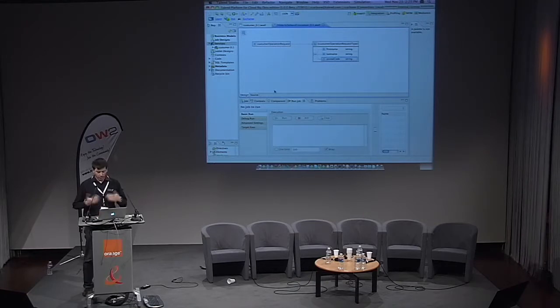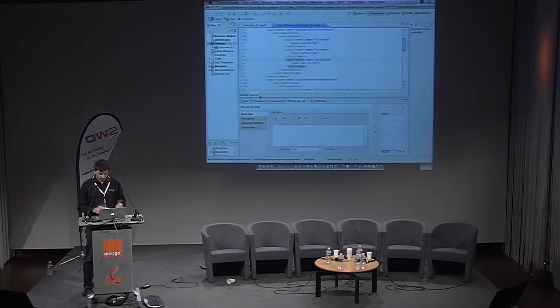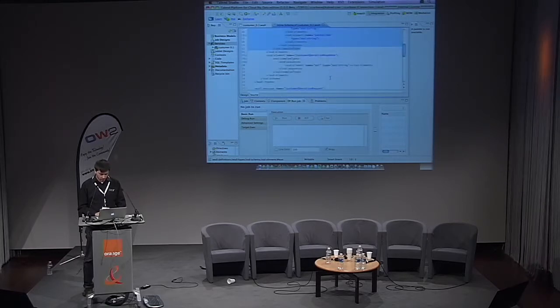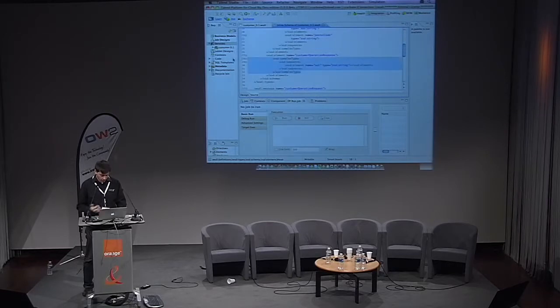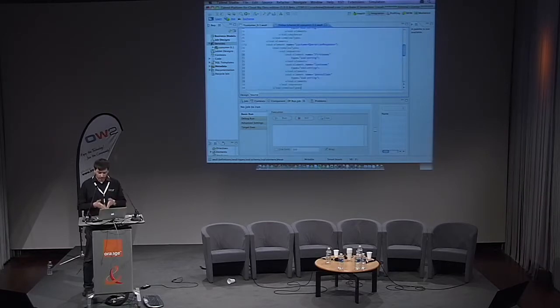If you are technical and you know XSD, you can go to source and see what we generate. It's XML schema, and you can copy and paste this input, this request, to my response. I can also update directly the source code of the WSDL.